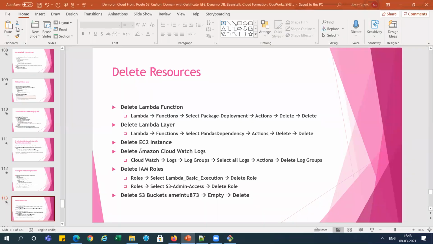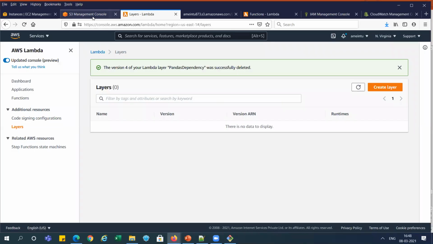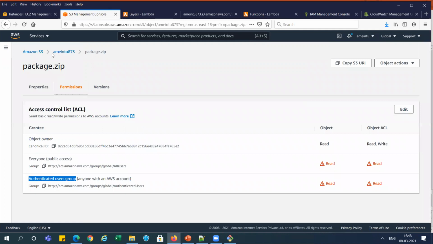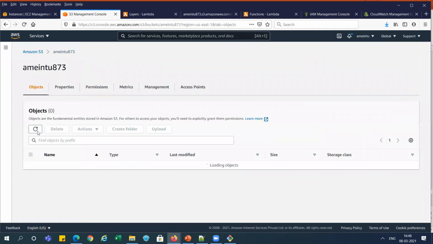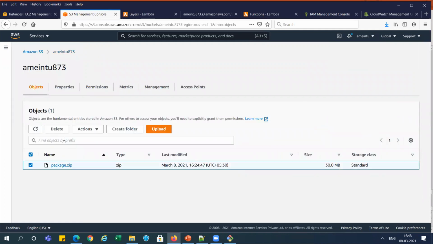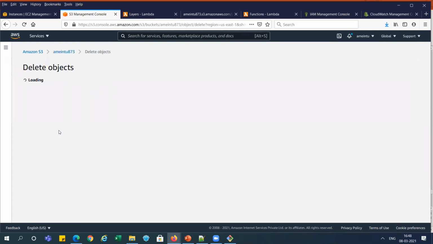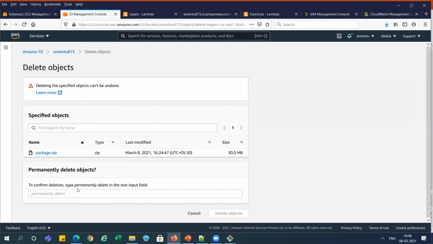Now next, delete the Amazon CloudWatch logs. And the S3 bucket we need to delete, right? So just delete this package first.